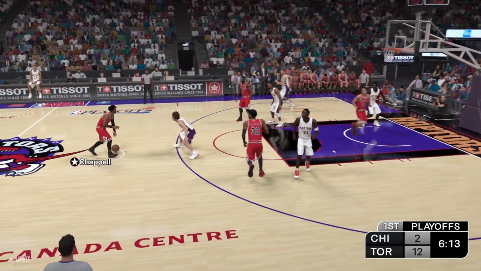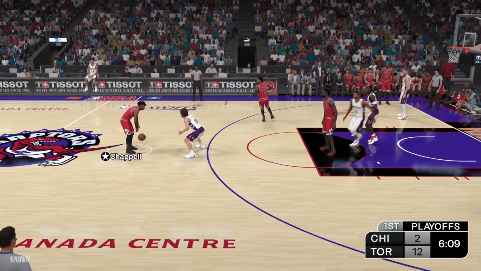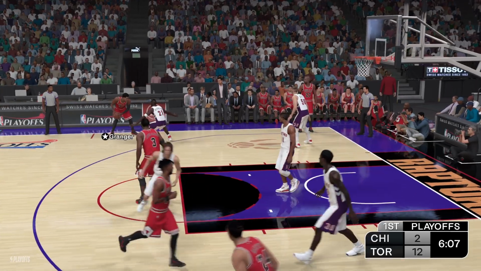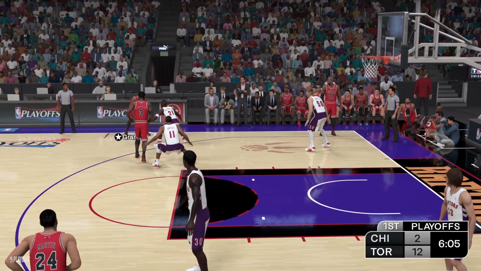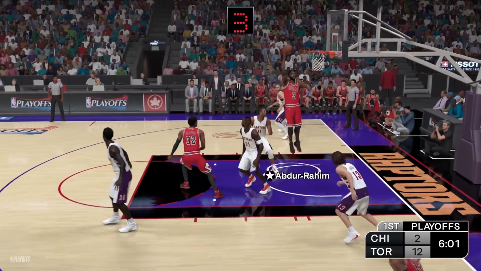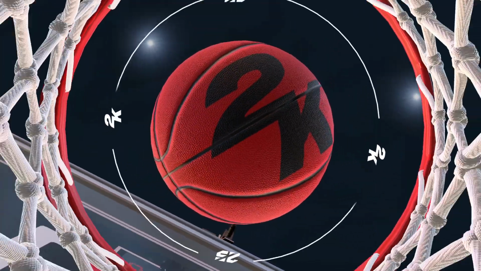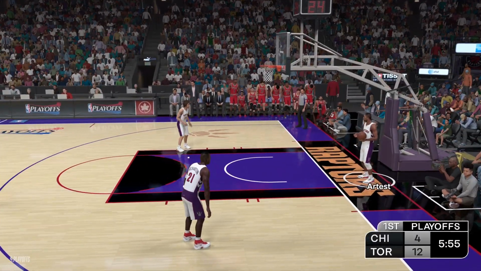But on that one, they were there. Here's Chappelle. Back to Granger. Chicago needs to get off a shot here. Cannot afford to give Abdul-Rahim prime-time real estate inside, because he's dunking it on top of your head if you do.